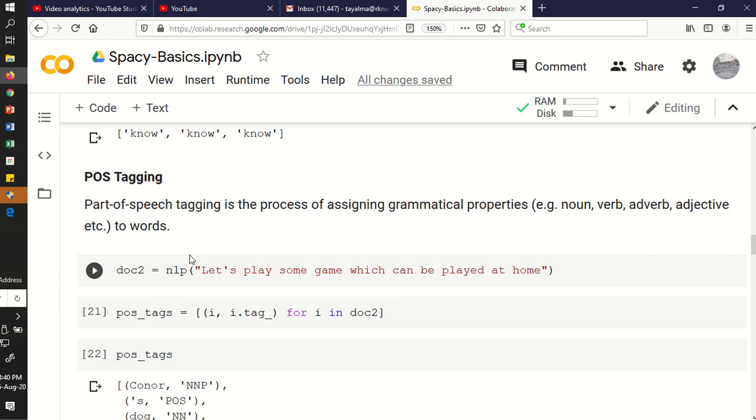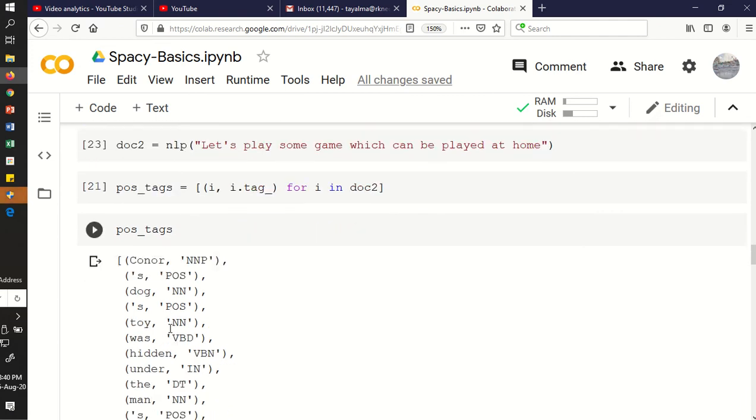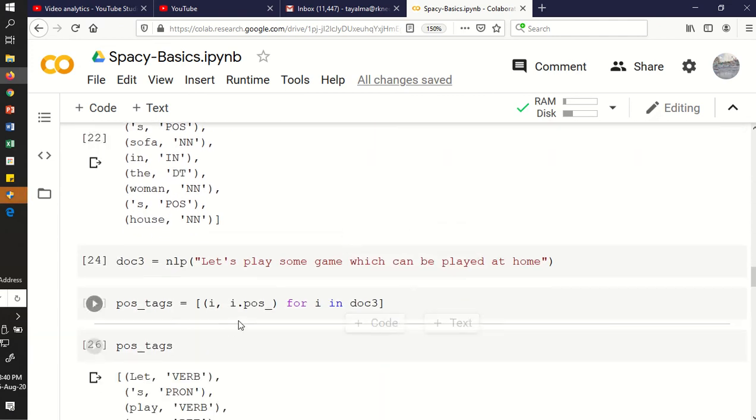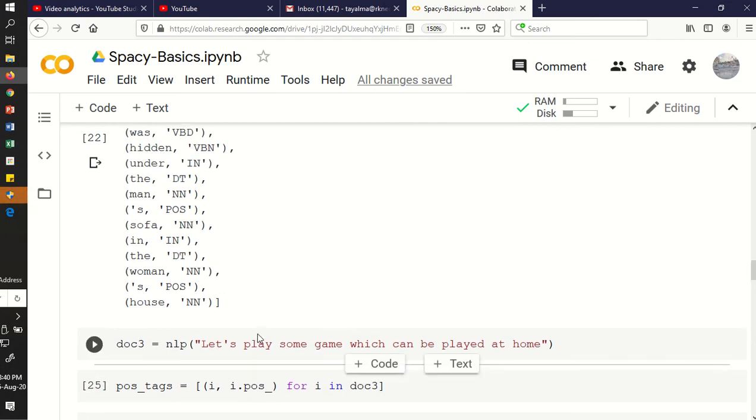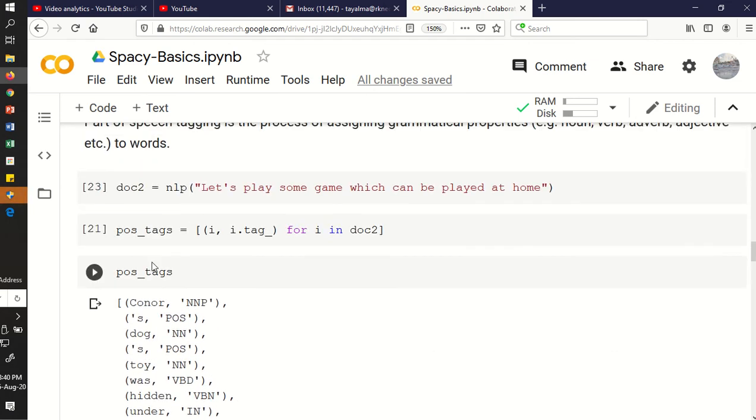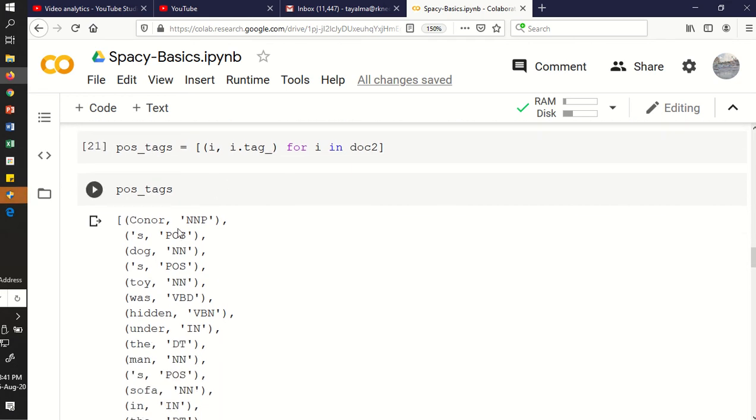Now we'll be doing the POS tagging in spaCy. Again you are passing a string, whatever you want to give, and then we are using a tags method directly. In spaCy there are two methods which are responsible for giving you the tags. One is tag_, and the other we will be verifying in the next code. You can verify that one, that is tag_. This is again one of the methods. So please proceed for that.